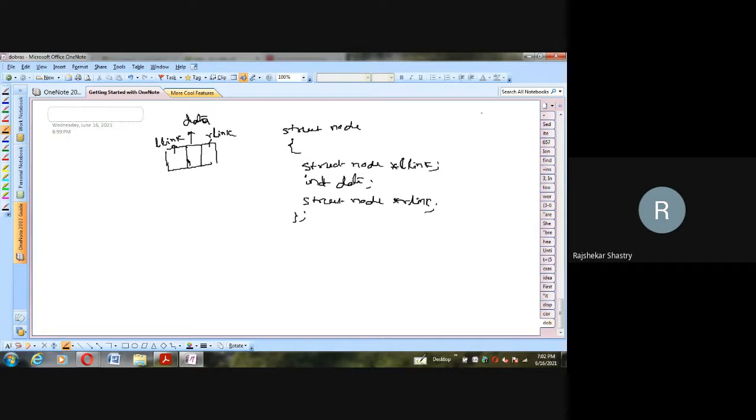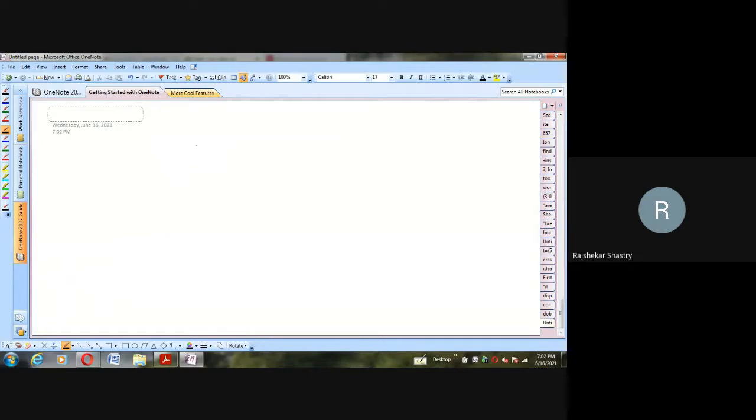In this double linked list also, all the operations which we discussed on the single linked list can be implemented. Generally, to take advantage of the double linked list, we take two pointers, first and last. So let me redraw the existing linked list again. Say this is the first node, having three portions. Say this is my second node, again having three portions, and this is my third node.